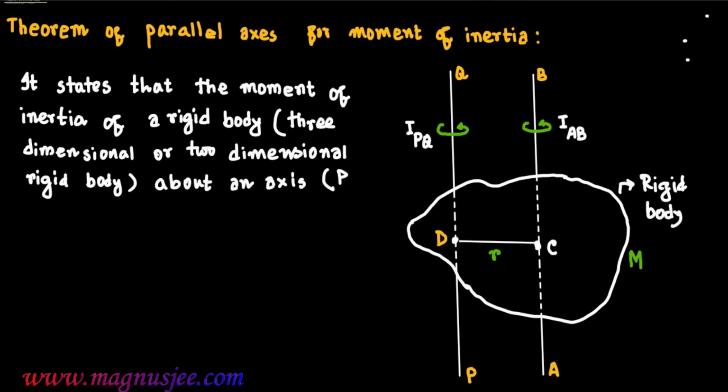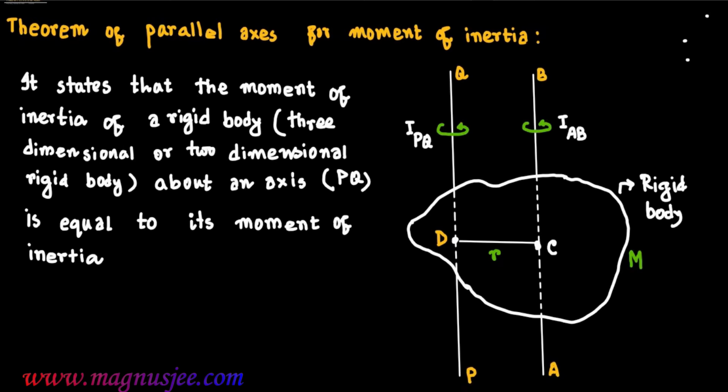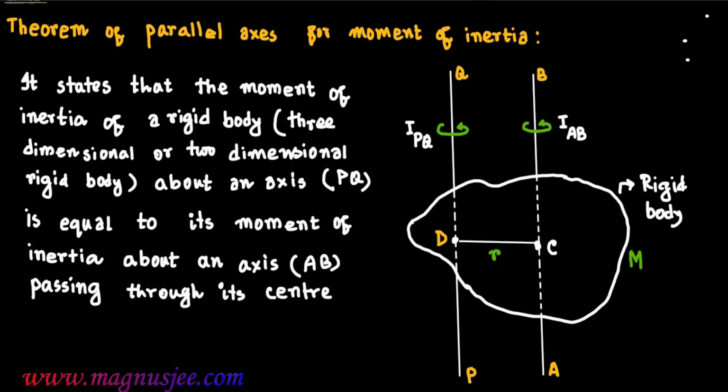about an axis PQ is equal to its moment of inertia about an axis AB, which is passing through the center of mass C of the rigid body, plus